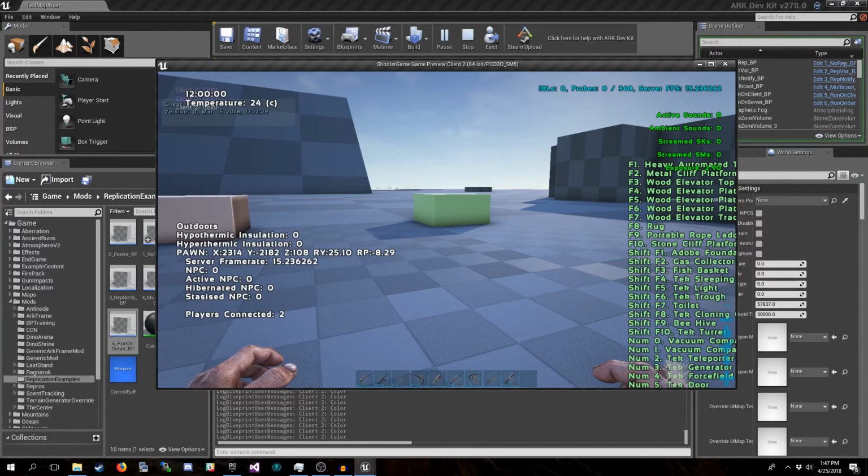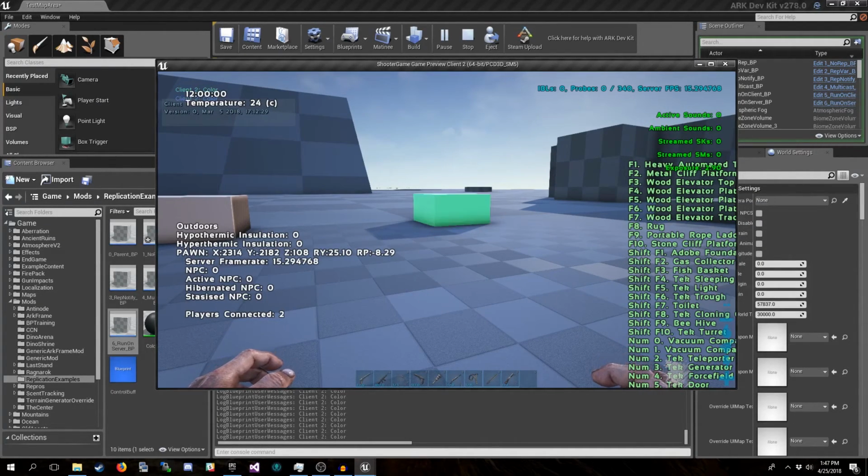Now, the thing is, use that sparingly, because we're not just replicating that one value. We are replicating every single thing that is currently in queue for replication. Any replicated variables on the actor, any other replicated events, they're all being forced to happen in that immediate instance.